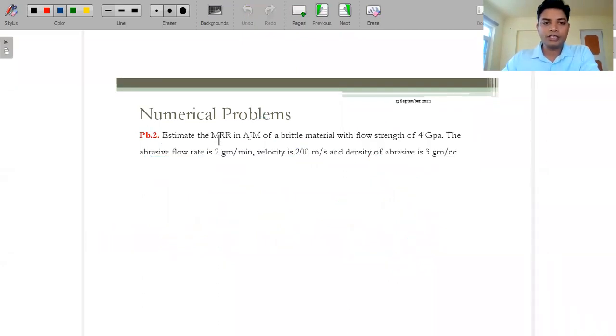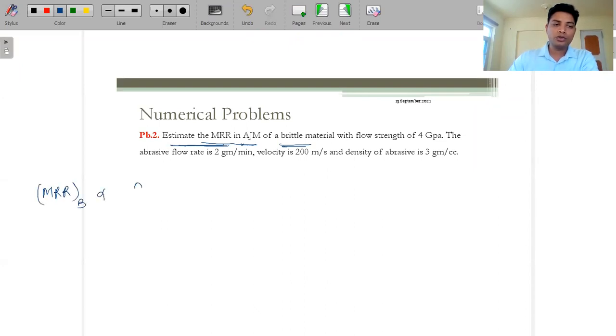Okay, so let's move to the next problem. Okay guys, so this is the problem: estimate the material removal rate in abrasive jet machining of a brittle material. See guys, for the brittle material, the material removal rate is given as